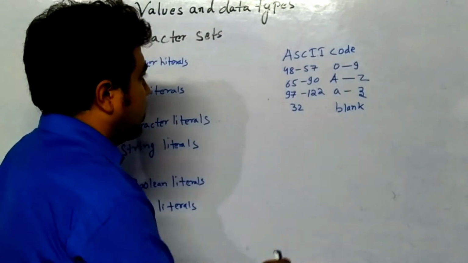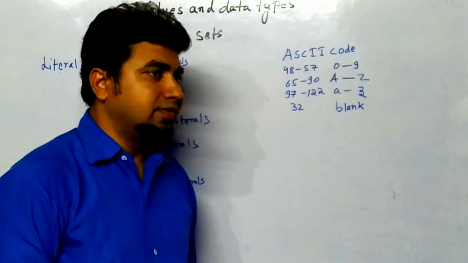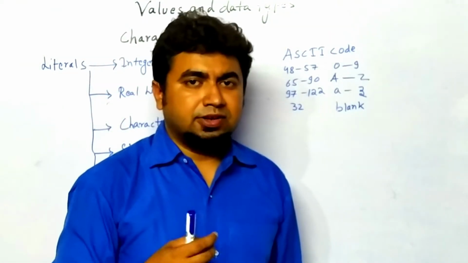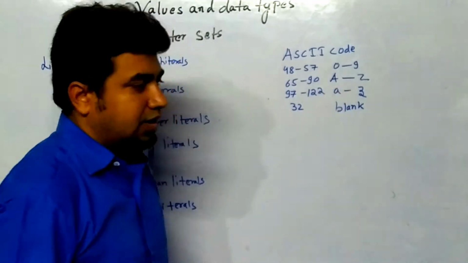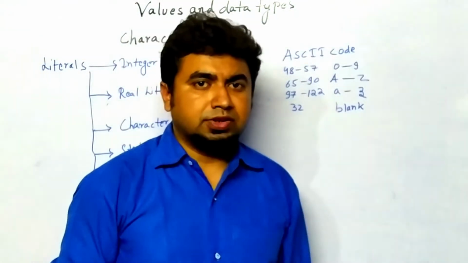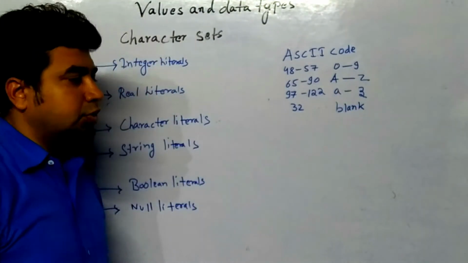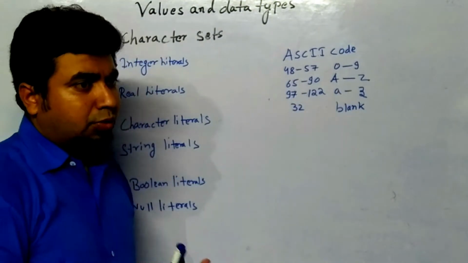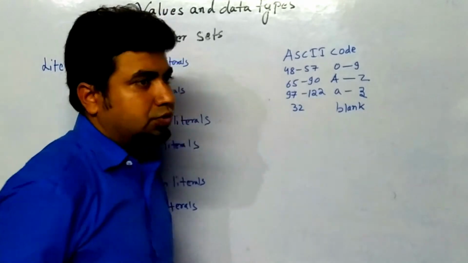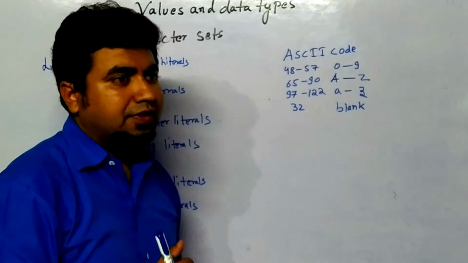Now if you are entering capital A, the value is 65, and capital B value will be 66, and similarly you will notice that capital Z value is 90, as you proceed further. Now as you know, capital A and small a are different, because Java is a case sensitive language. So the small a value is 97. Small b will be 98, small c will be 99, and similarly it will go up to 122. Small z is 122, and the blank has an ASCII value of 32.